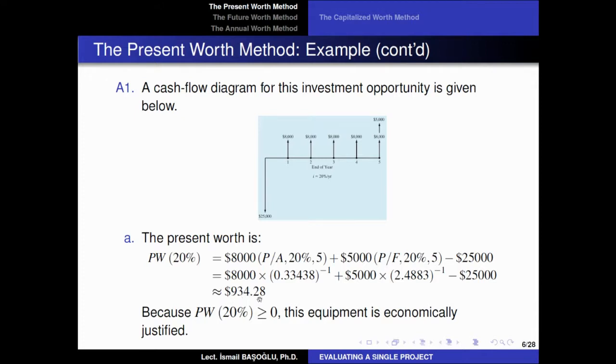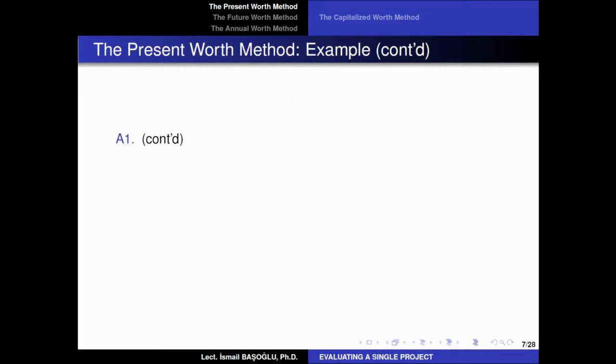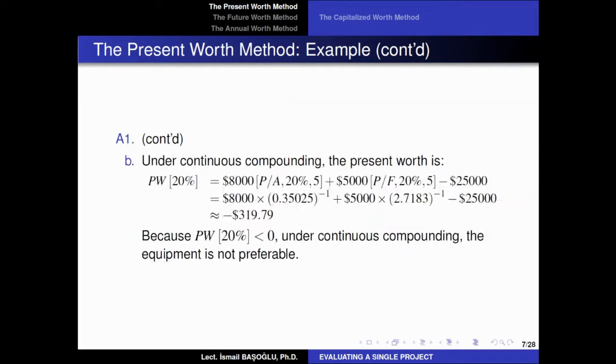So economically, we have an economically justifiable investment here. We can purchase this equipment because it is going to bring us more than 20% each year compounded annually, because the present worth is positive. Now, in the second part, we are just going to assume the minimum attractive rate of return of the company